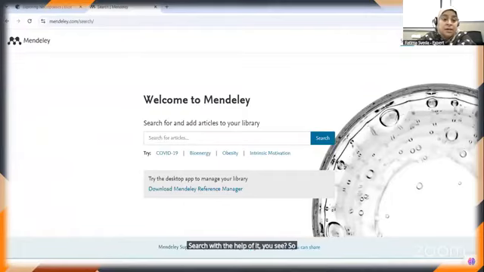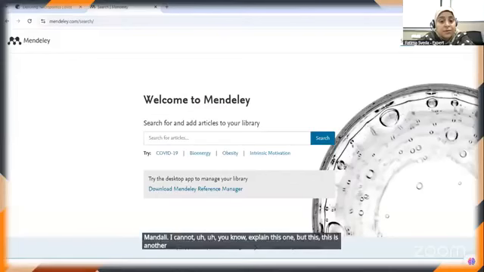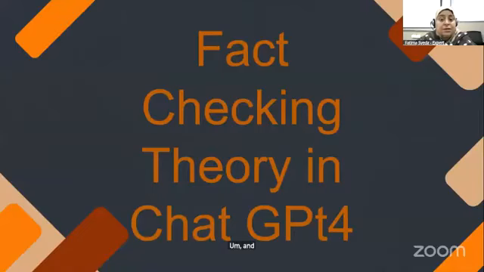So this is another tool, Mendeley. I cannot explain this one, but this is another one with the help of which you can find and add articles to your library, so that you can use them in your research. But